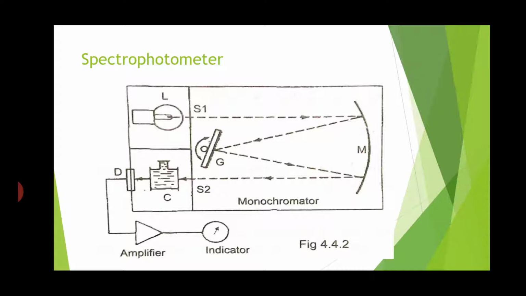And in this, once you adjust the grating, mirror and lens, afterward you can't change that. So at the start you have to select the proper wavelength and adjust both slits S1 and S2 and also the mirror, and under that same setting only you have to get the absorption readings for both solutions.